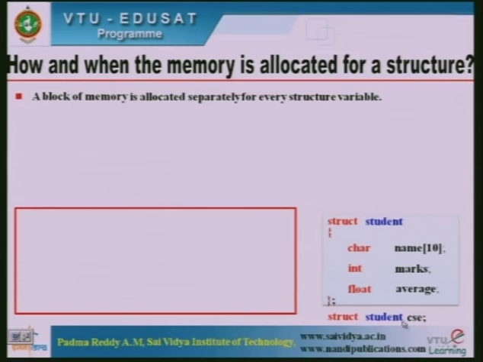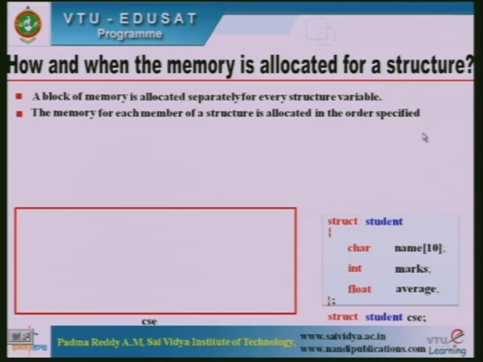Now, a block of memory is allocated. What is a structure variable here? CSE. The name given to this block, I will call it CSE. Next, point number 2: the memory for each member of a structure is allocated. So, how many members are there? 3 members are there. So, separately memory will be allocated for these 3 members in the order specified within the